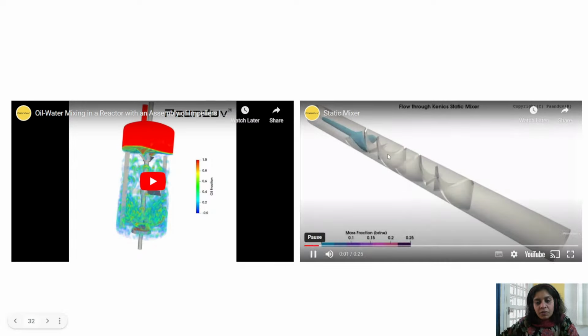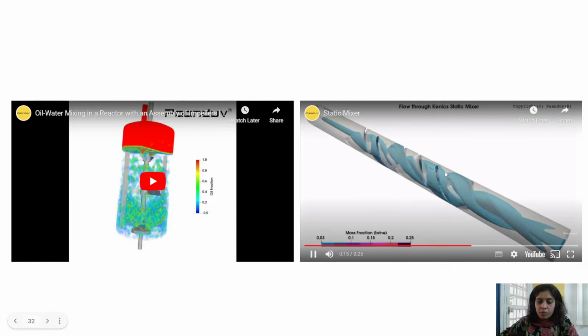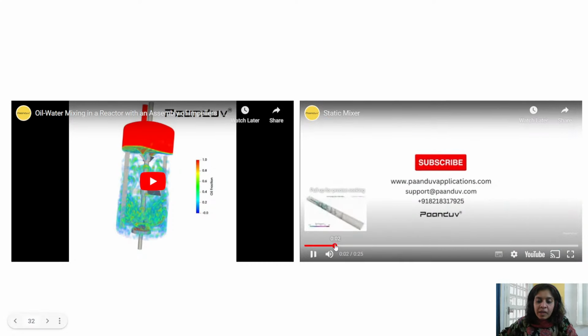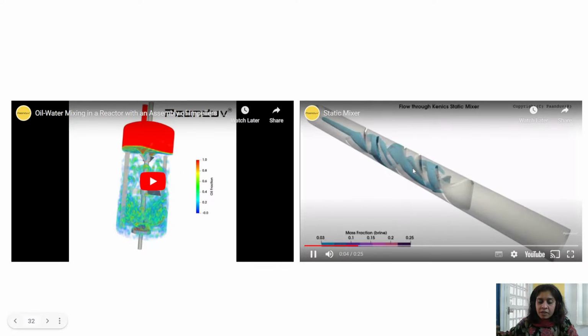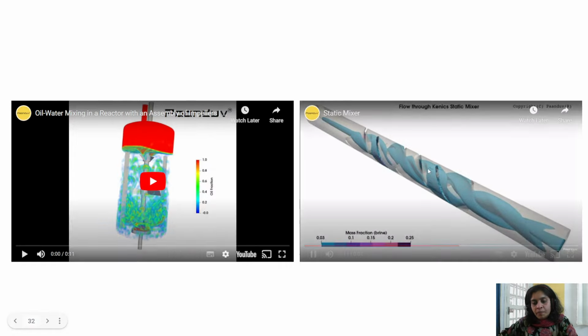This is the second one, the static mixer, which is usually used to mix two species, where one is Newtonian and one is non-Newtonian. Such systems can also be mixed through a static mixer. This is a standard Kenix mixer, where you don't have mechanical rotating machinery, but static elements which impose certain pressure on the fluid to mix it together.